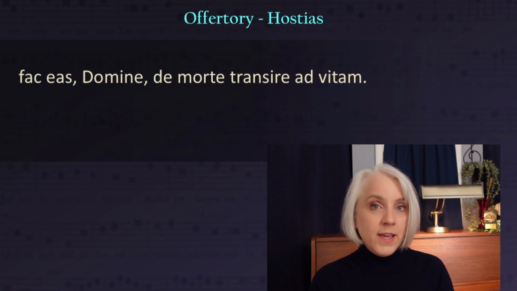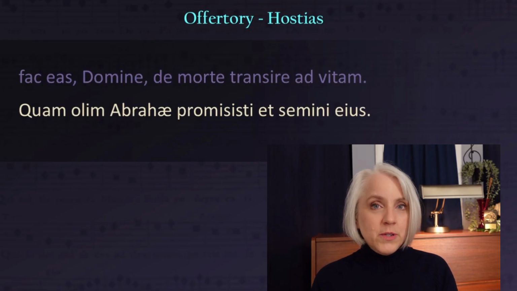Fac eas, Domine, de morte transire ad vitam, quam olim Abrahae promisisti et semini eius. And there you have it, the Offertory.